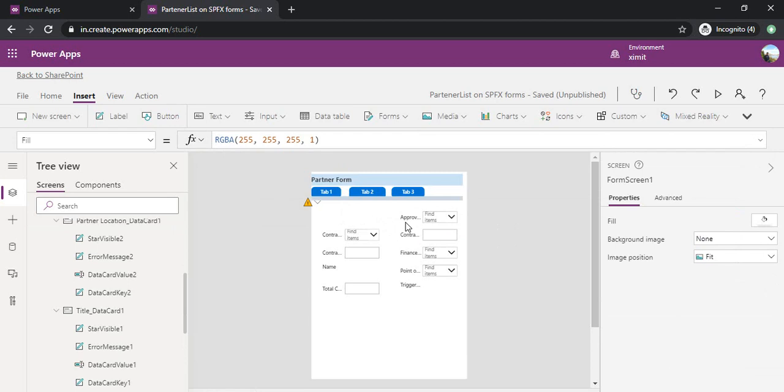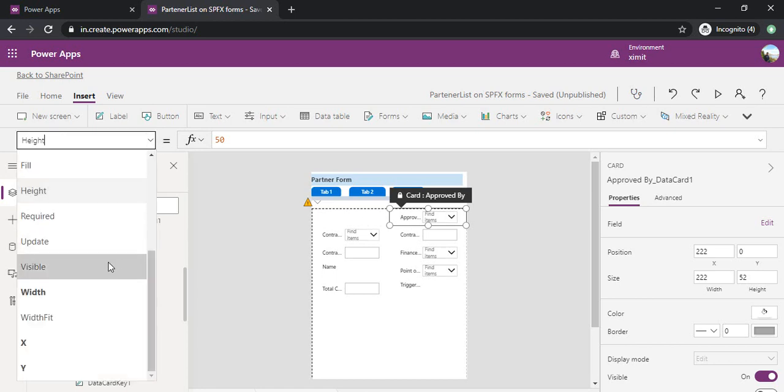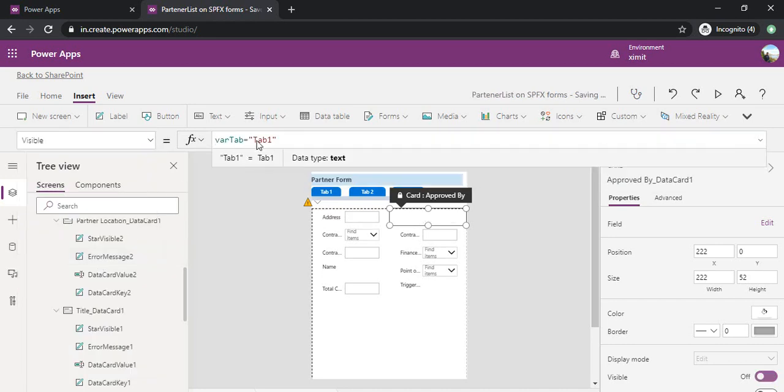Next set of these fields I want to be under the tab 2. So I'll just select the approver field, and I'll go to the visibility and change the visibility when var tab equal to 2.